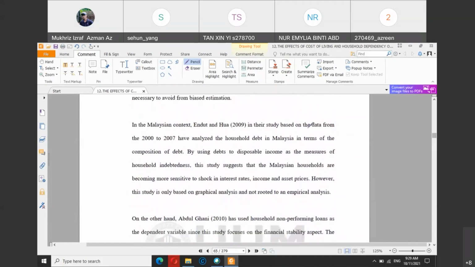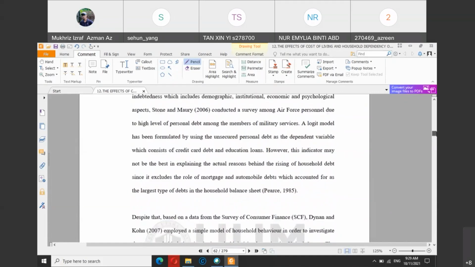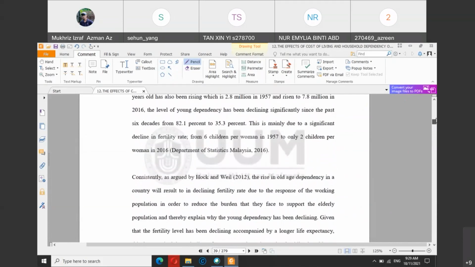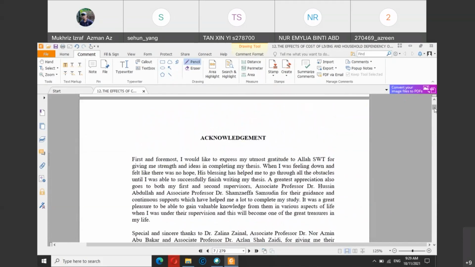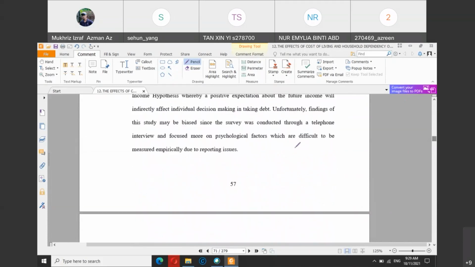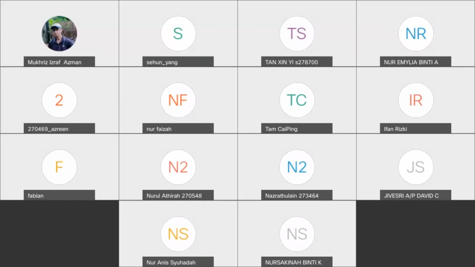So that is one reminder, one of the very common mistakes that students tend to make when it comes to extracting information from a thesis or journal articles, especially in chapter 2, where you will summarize as many articles as possible, but that article does not appear in your thesis. Okay, any other question?